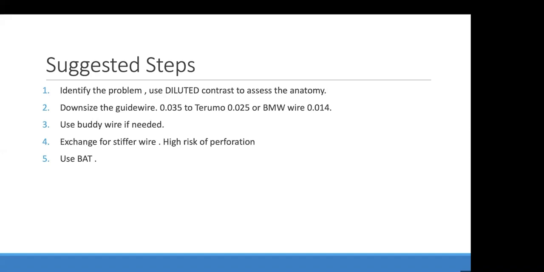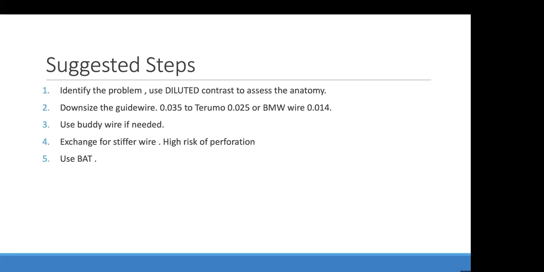The usual length of a 035 wire is 180, 190. The exchange length is double that, so 300. So whenever you have difficulties in the radial, once you reach the cusp or the aorta, always ask to exchange over a long wire. So you don't start from zero, going back when you exchange from, let's say, the left to the right. Using BMW wires,